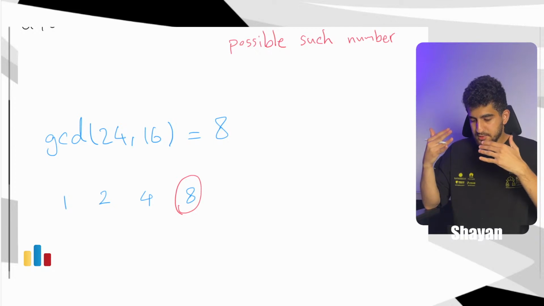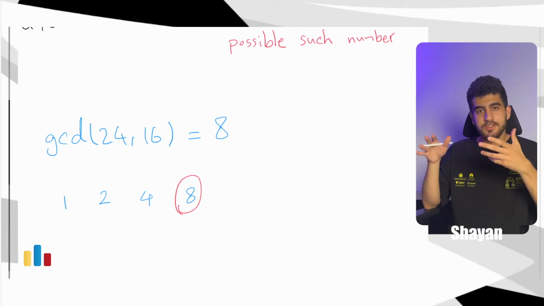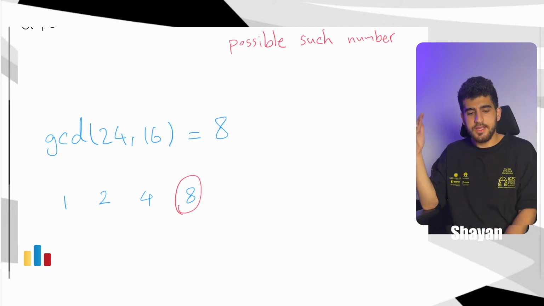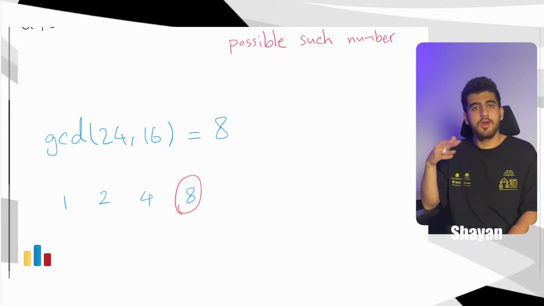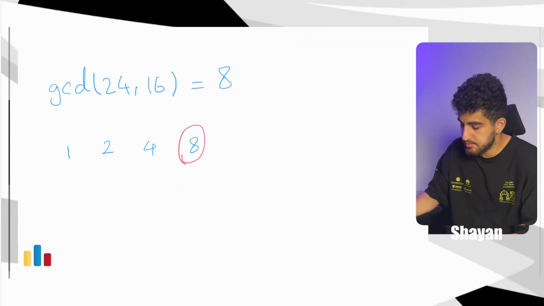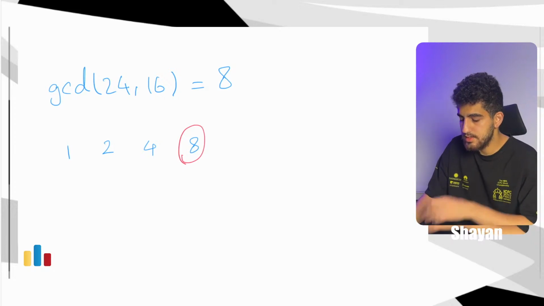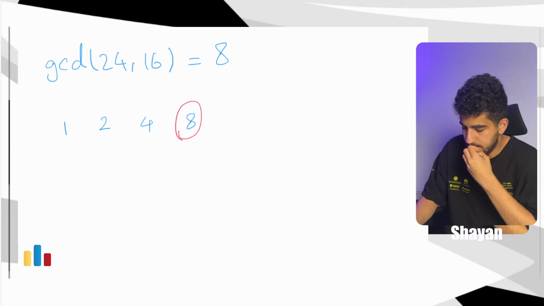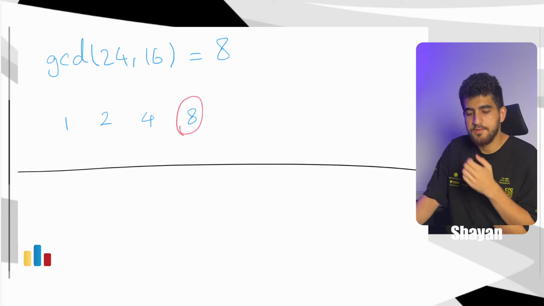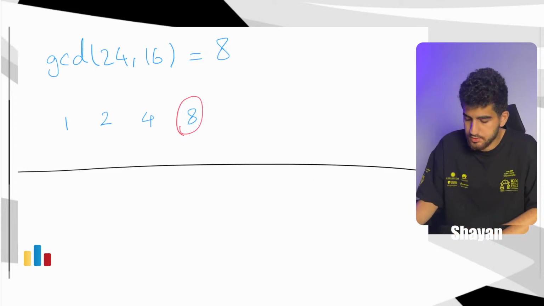So now we get to where things get more interesting. So this is the definition of GCD, the greatest number that two or more numbers all divide by. All of them are divisible by that number. Now, I want to say a very important fact about GCD, a fact that is of so much importance.